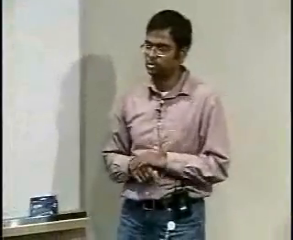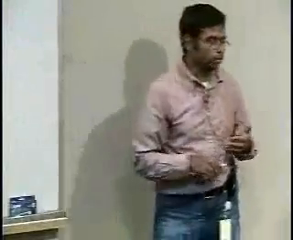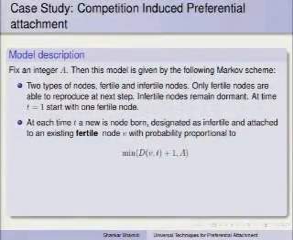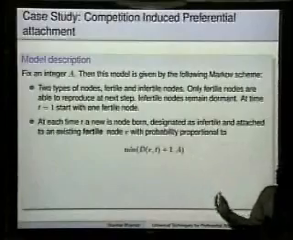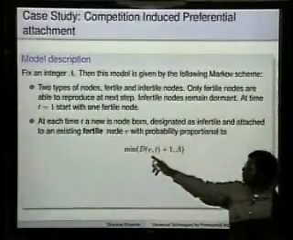There are two types of nodes. You start off with one node which is fertile. At any given stage, there are fertile nodes and infertile nodes. Only fertile nodes reproduce at the next stage, meaning when a new node comes in, it's immediately put in as an infertile node, and it can attach itself to only fertile nodes. So at time t equal to 1, you start with one fertile node. At each time, a new node is born, it's designated infertile, and it is attached to a fertile node with probability proportional to